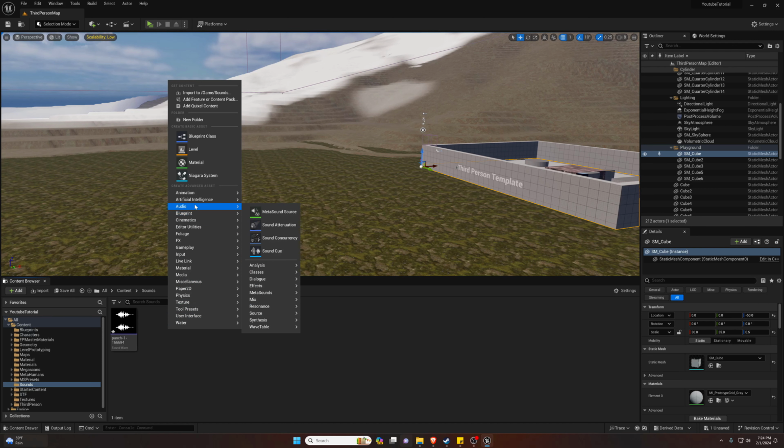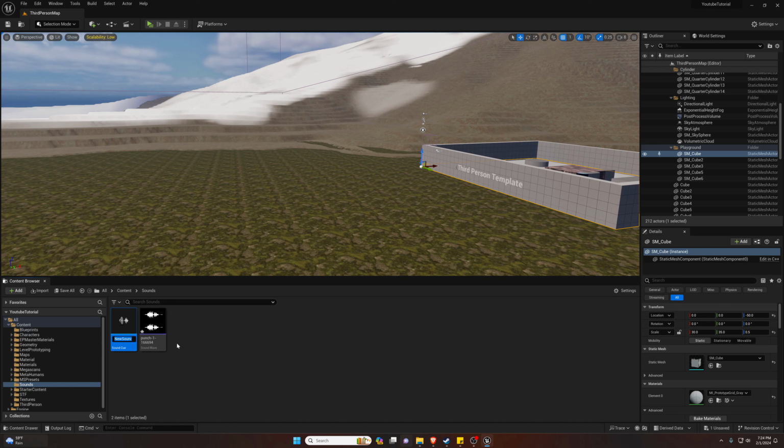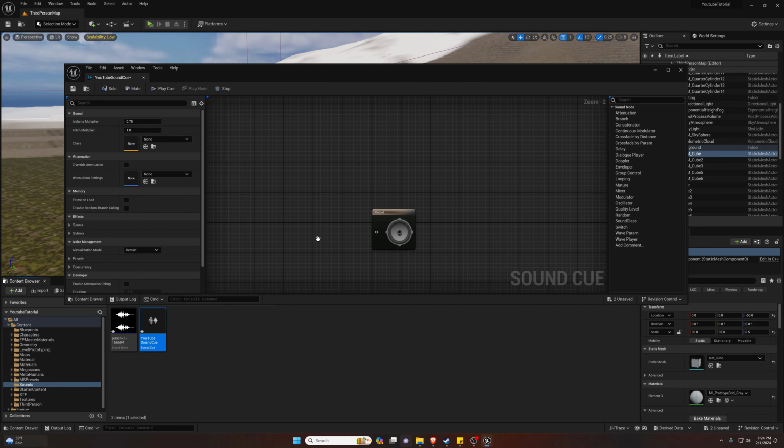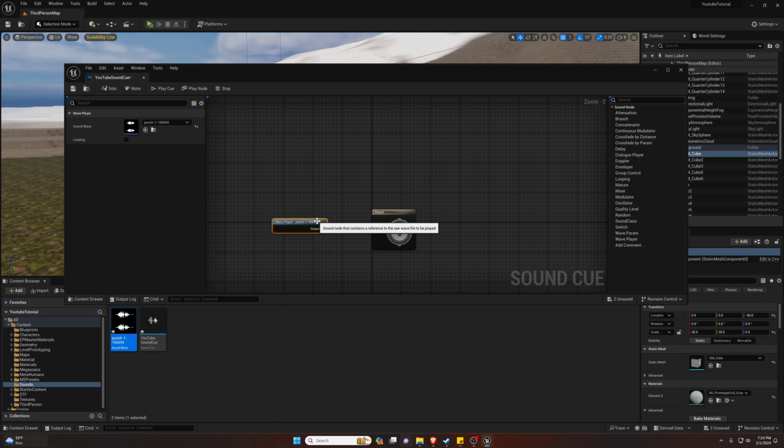And we're going to go into audio and create a sound cue. I'm going to call this sound cue YouTube sound cue. I'm going to go into it and we can drag our punch into it, and now we have output. We drag the output into the output,